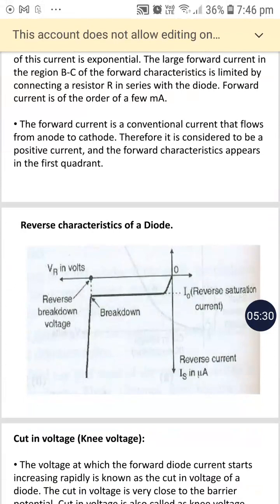When the reverse voltage is increased to a sufficiently large value, what will happen? The diode reverse current increases rapidly. The curve is shown in the figure as CD. The applied reverse voltage at which